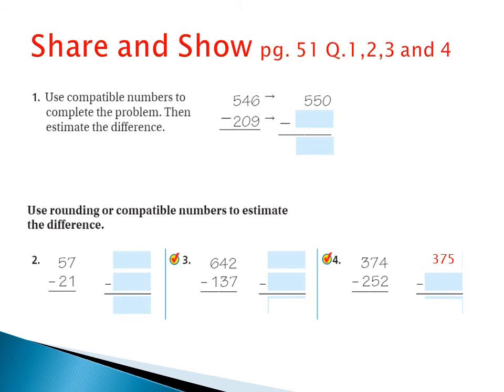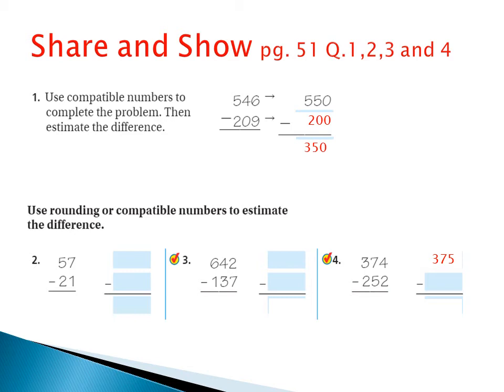Share and show. Please now open your books on page 51. Question 1. Use compatible numbers to complete the problem, then estimate the difference. 546 minus 209. I will replace these numbers with compatible numbers. I told you before some compatible numbers end with 0. So 546 will be 550, 209 will be 200. Now it's easy to calculate. 550 minus 200,